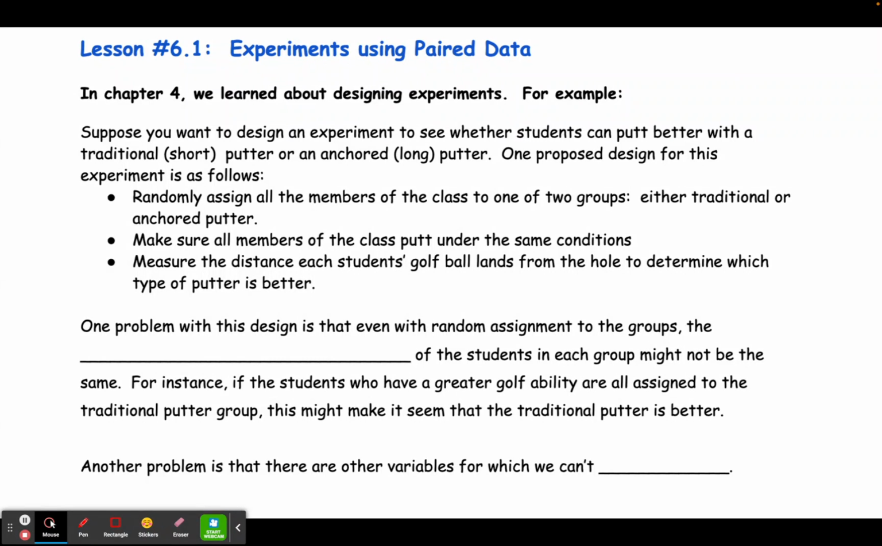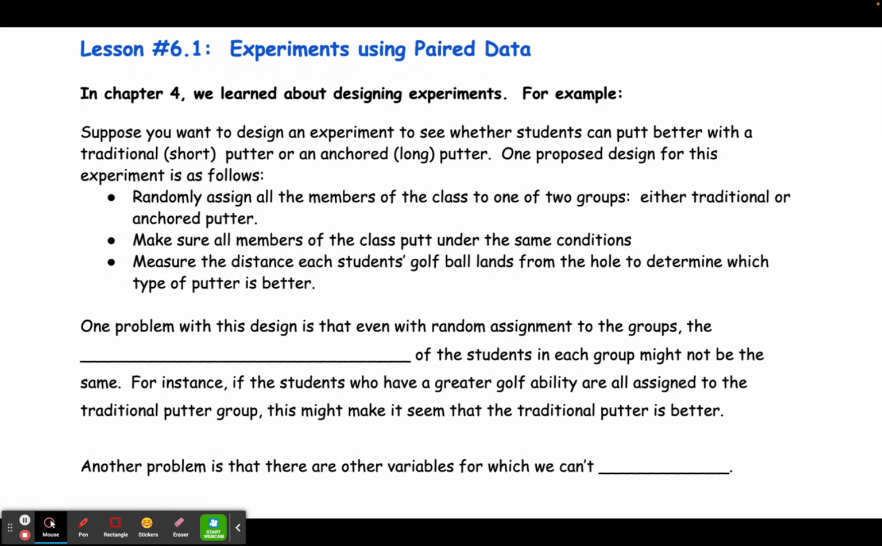You could make sure that all members of the class putt under the same conditions, meaning they would be putting on the same green, using the same golf ball, holding the putter the same way, and so on. We would also want to measure then the distance each student's golf ball lands from the hole to determine which type of putter is better. So here we're looking for accuracy, where golf balls that land a shorter distance from the hole would be considered